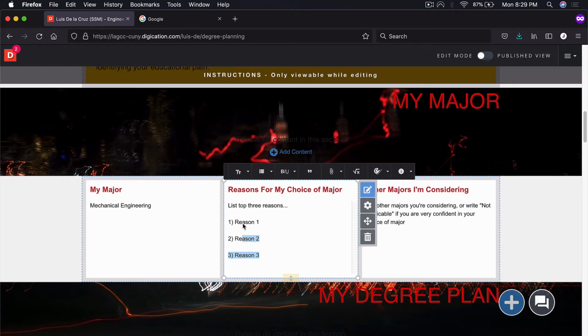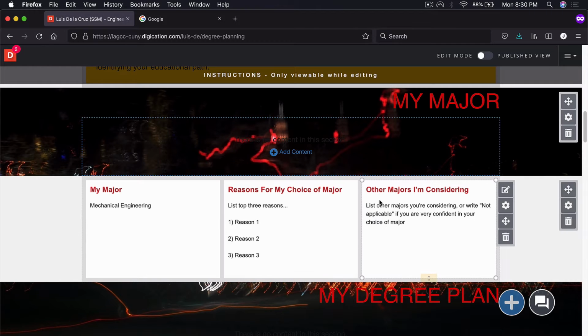So you need to answer all these in this box. You will have to write 3 reasons why you chose that major. 3 reasons, not only 1 or 2. If you only have in your mind just 1, take your time until you have the 3 reasons, but it has to be 3. So you complete the major, you complete the reasons for your major,